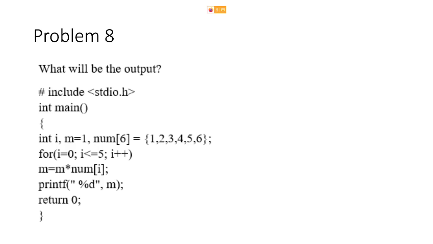Okay, so here we have an integer array named num, which is of size 6, and the elements in the array are 1, 2, 3, 4, 5, 6. Then we have here a for loop, which is